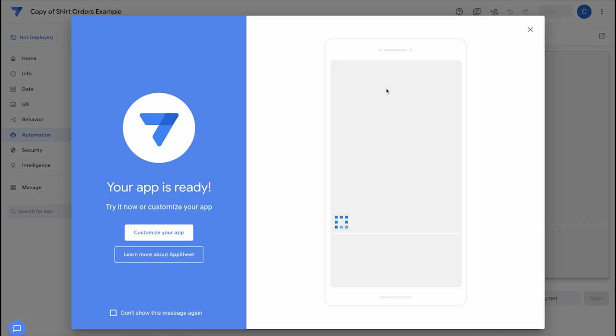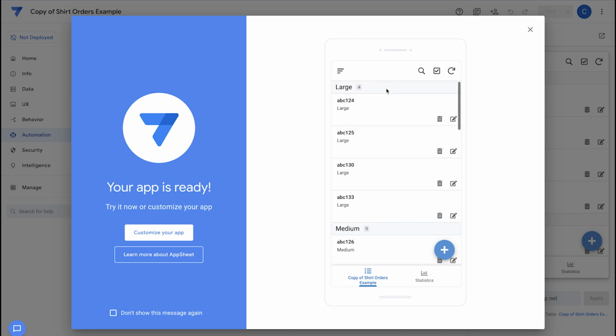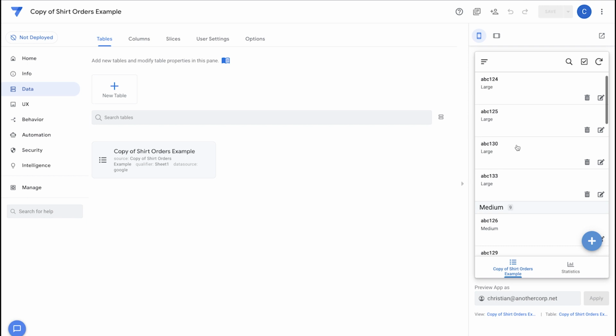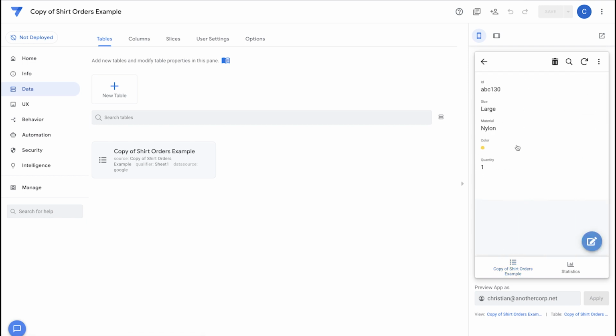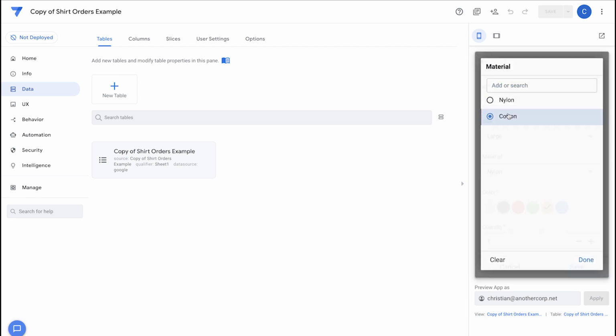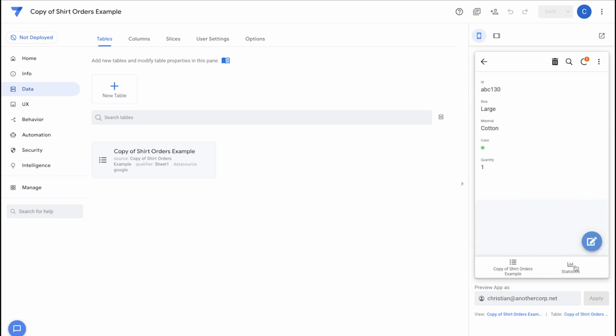In a few seconds, the app is going to render. This is actually the application in a preview format. I'm going to click on Customize, so I can go in and start making updates to the application. On the right, we can see the preview of the app. If I click on a record, this is the exact same data that we were looking at in the spreadsheet, but now I can change things. For example, I have these nice drop-down options. I can change the color of an order of a t-shirt and such. So it's basically a fully functional app.